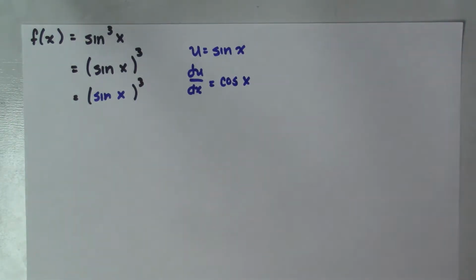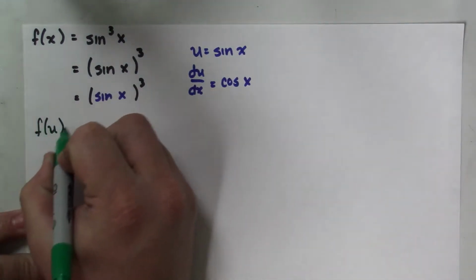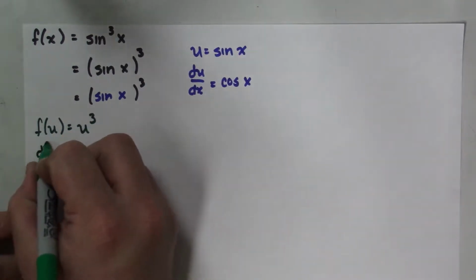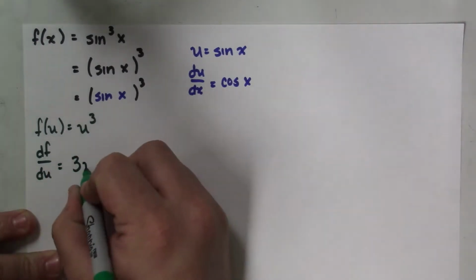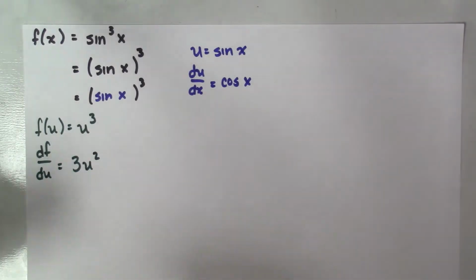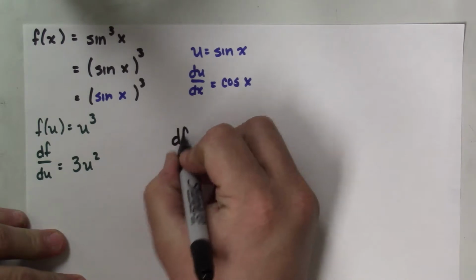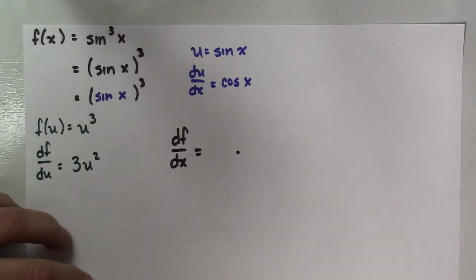So far, so good. Now, what this allows me to do is to say that f of u is u cubed, giving me that df du is 3u squared. Okay? Now, what I can do is say that the derivative of f with respect to x, df dx,